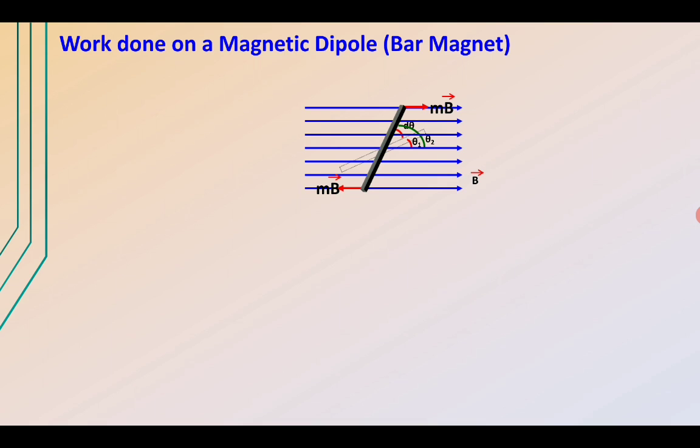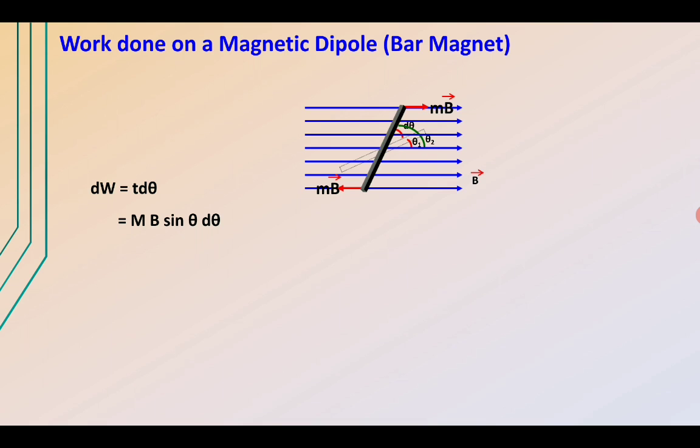And what is work done? Work done is force into displacement, or in terms of torque, the work done is given by the torque into the displacement caused in this position of magnet due to that couple created. Hence the small amount of work done in displacing this bar magnet from one position to another, or one inclination to other, is dW = τ dθ, and that is equal to mB sin θ, that is the value of torque, into dθ. So this is the small amount of work in displacing this bar magnet from this position to this position.